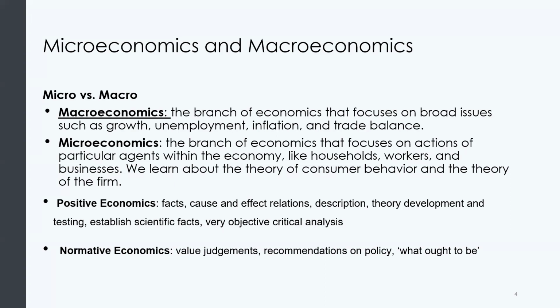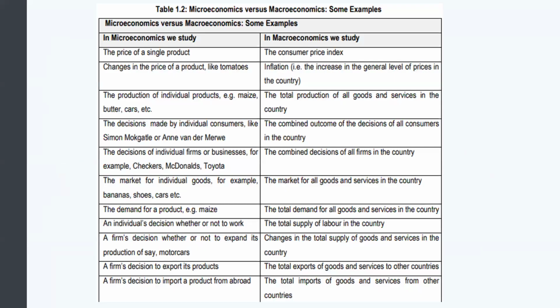If you check in your study guide, there is a table which gives you the different examples of issues that are under microeconomics and the issues that are under macroeconomics. Please study that table, because like I said, this is a typical exam question, worth 4 marks in the exam, where you are usually given an example, and he says the person wants to decide on the price of tomatoes.